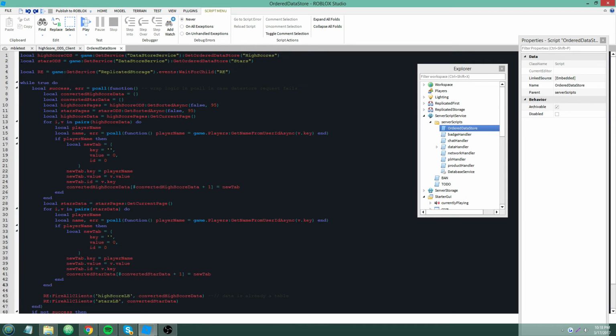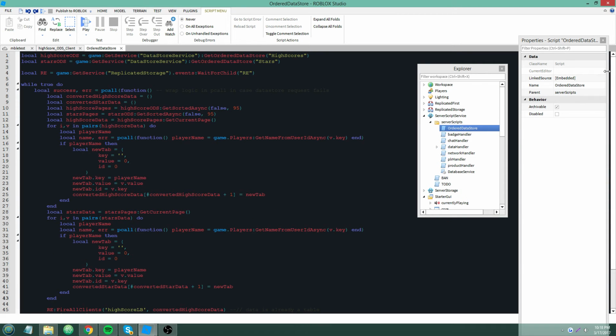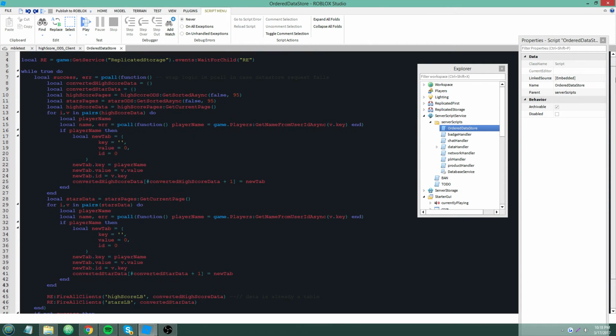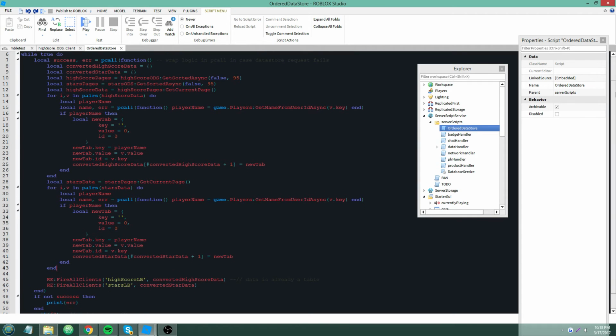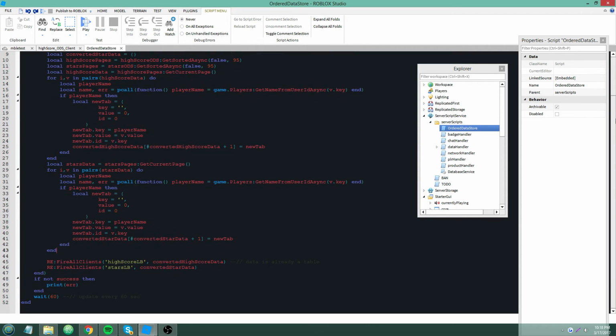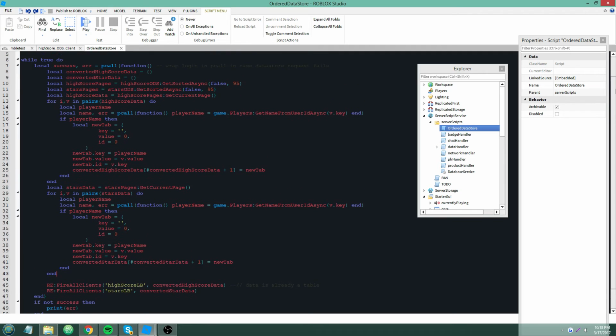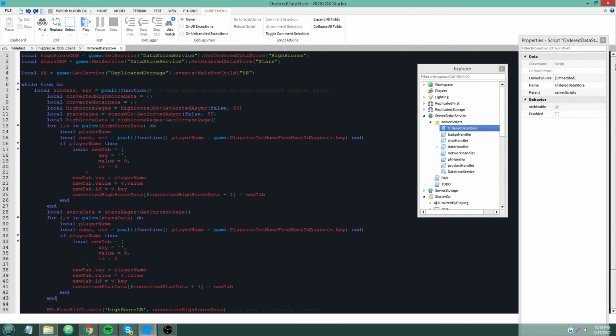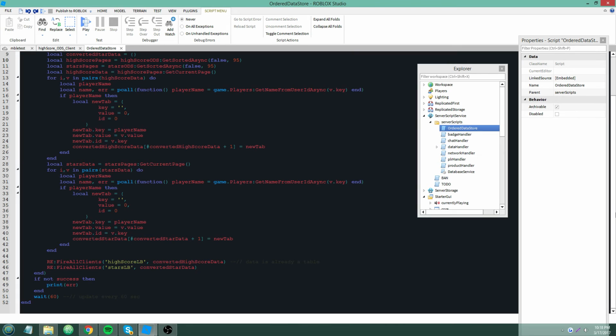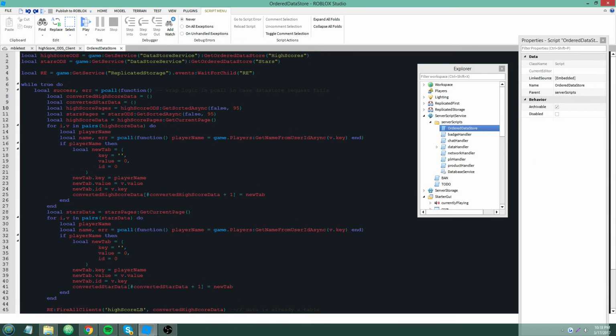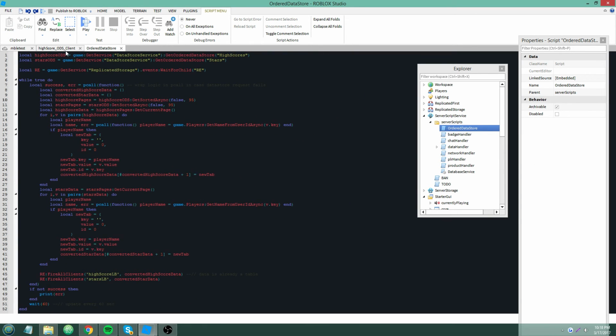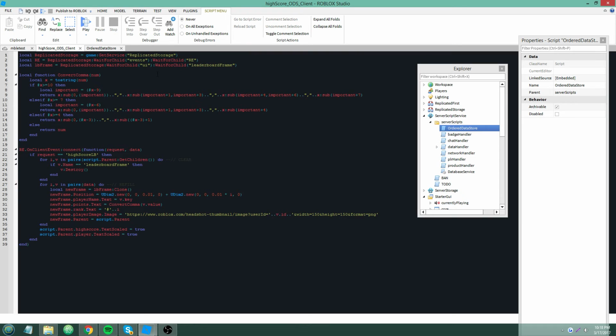I'm going to zoom in a little bit so you guys can get a better look at the code. I probably should have done that earlier because I get complaints that you guys can't see my code. I'm very sorry for that. I don't like zooming in because this just looks really weird to me, but for your guys' sake, you can get a good look at this. I'm going to zoom on out and go to the local script.